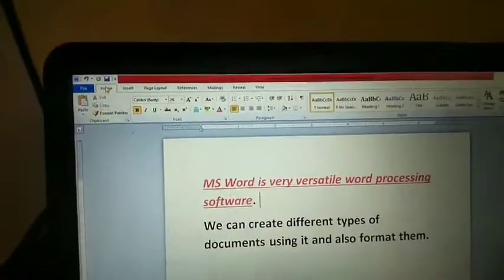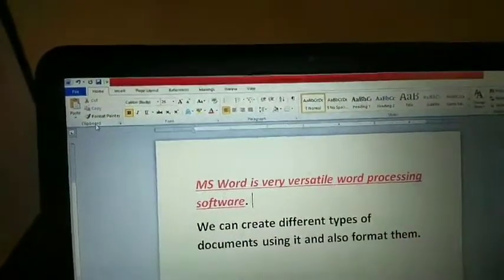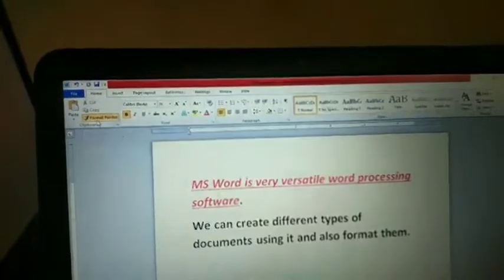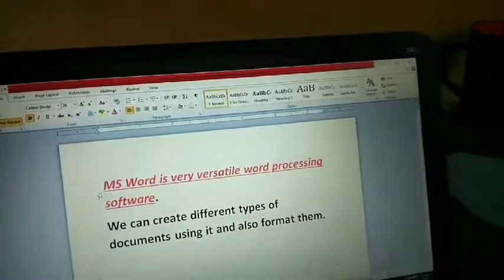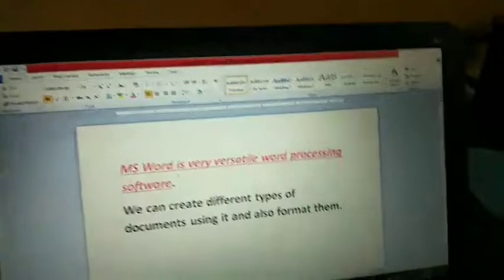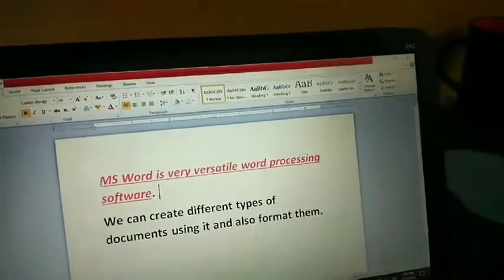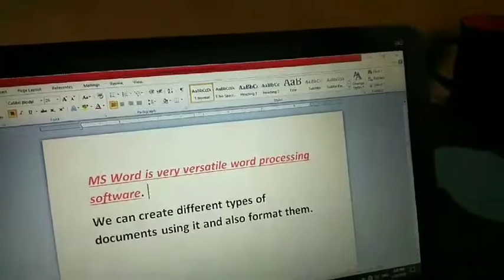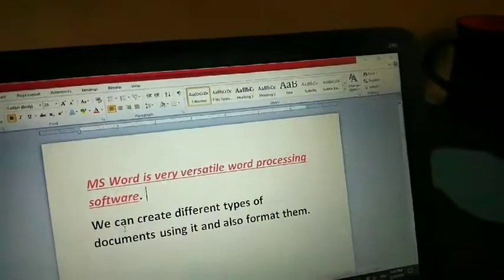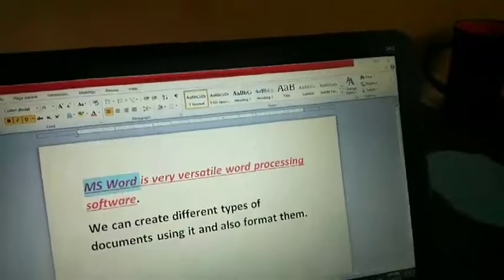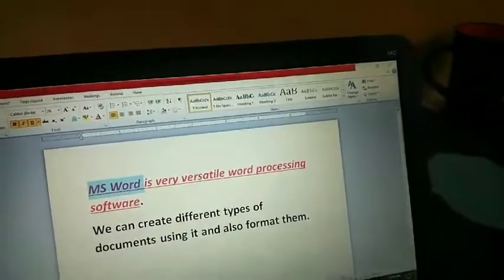Here in the Home tab, in the Clipboard group, you can see Format Painter. Just click this one. Wait. Before that, I have to select the style I want to apply to these two lines. You can select the entire sentence or just one single letter or a word.